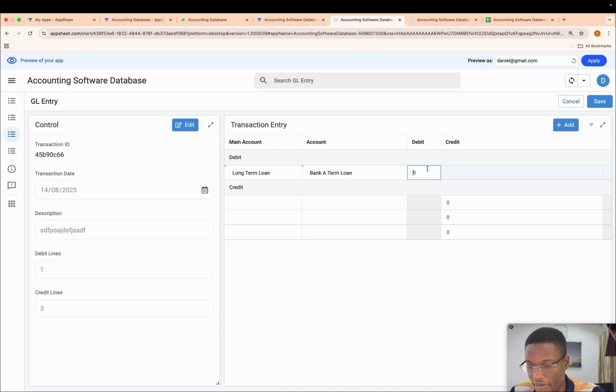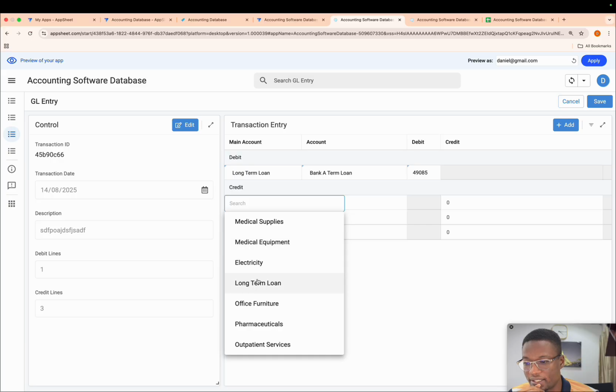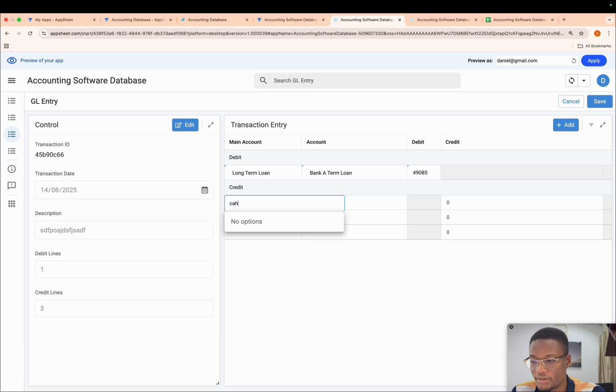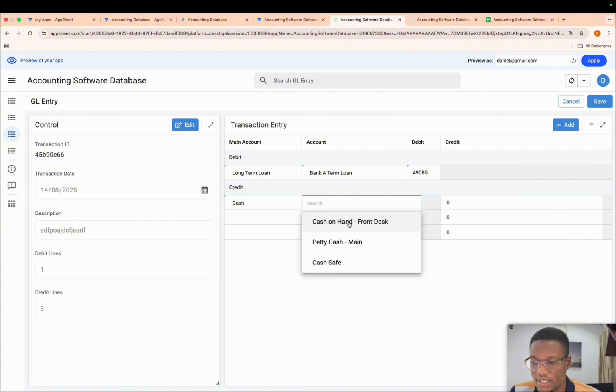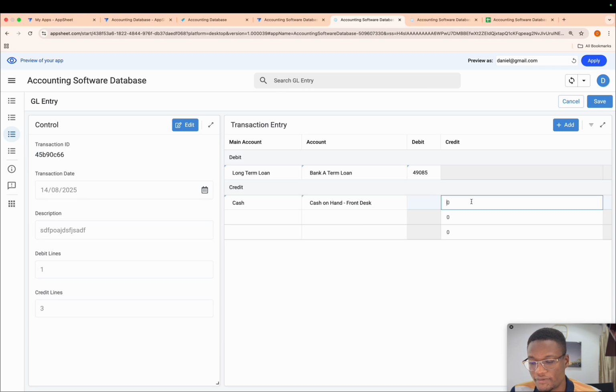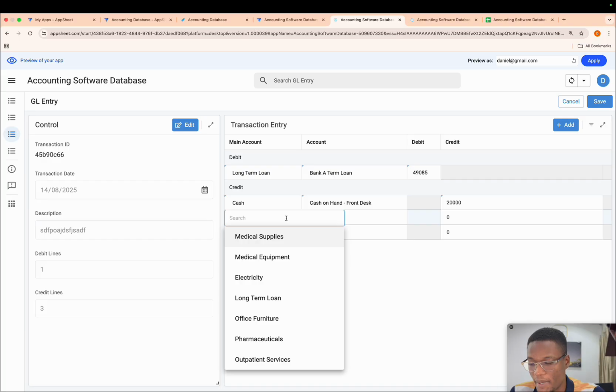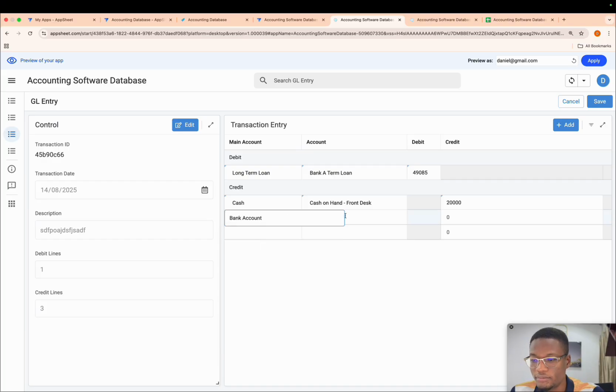I don't know if maybe they are repaying the loan or something. I didn't really think about this. I just selected it. And then he comes here and then he selects payments, let's say cash. Right, good. He selects cash and Fundex. There's an amount for that. Let's say that's 20,000. Let's say bank A operating, let's say 15,000.